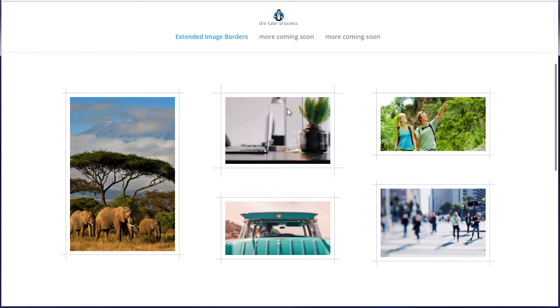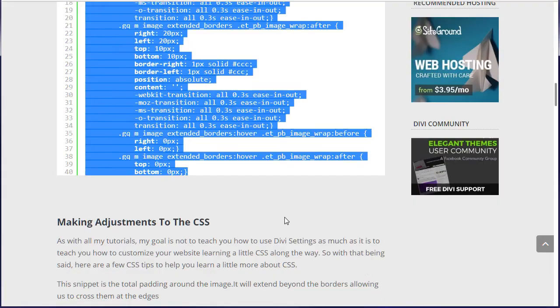And for all your images, you might have to clear your cache. If you're using Chrome, it's Control F5, or clear plugin cache if you're using one, so that the CSS will appear. But it's got a nice hover effect, and if you wanted to make changes on the tutorial, as always,